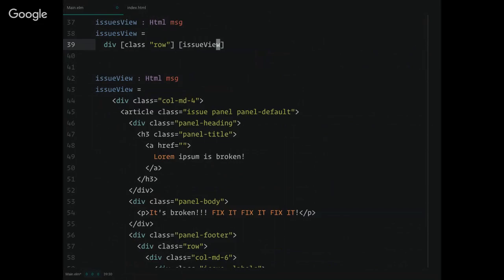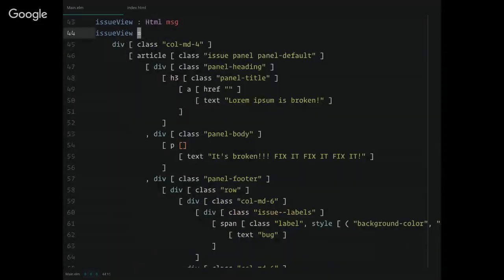Why do you have the issues you have in your class? So when I say I have a list of issue view, that means that I can put X number of issue view functions in there, or X number of issue view values, and it will make those like children nodes. Yeah, that's the big thing, and I probably should have reiterated that a few times in here. Everything that you're looking at right now is either a function, a list, or a string. There's no magic here. There's nothing crazy happening. Try not to think of it as anything beyond being functions and passing things into functions.